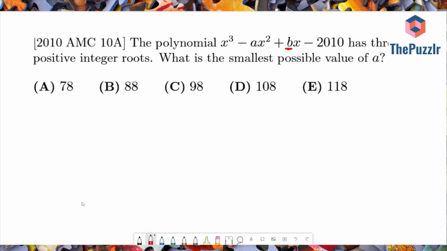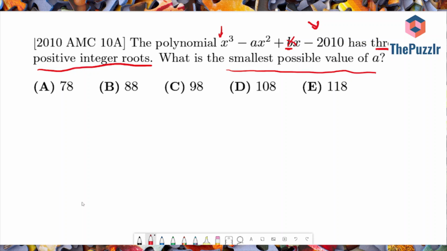Or it's just to tell us that this information might not even be necessary. And we'll find out what the correct answer to that is as we work through the problem. They do tell us, though, that it has 3 positive integer roots. That helps a lot because we're only given one coefficient, and this coefficient right here is 1. So we're only given 2 coefficients out of 4, so there are multiple solutions to this. But the fact that it's positive integer roots and we're asked to find the smallest possible value of a really